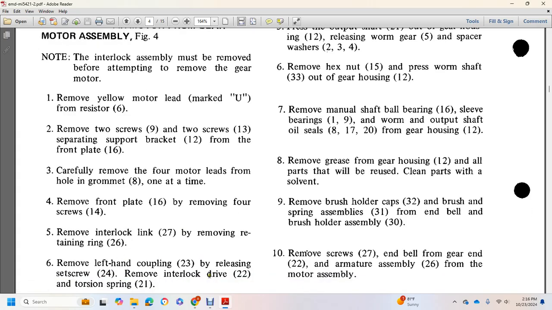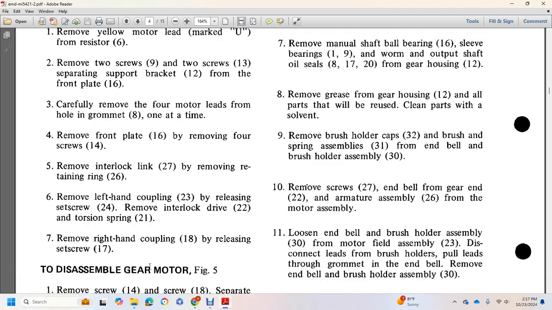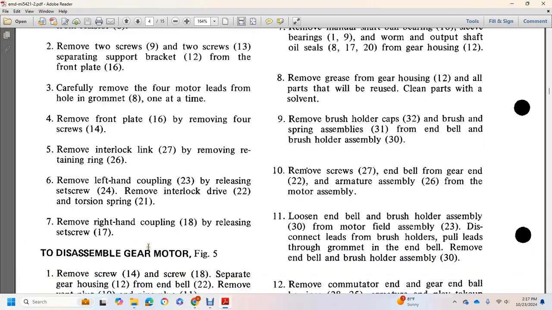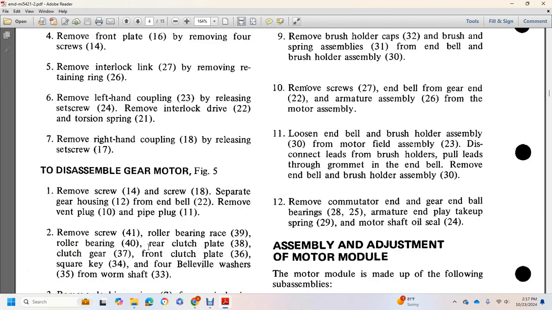Release the set screw and remove the interlocking drive 22 with the torsion spring 21. Remove the right hand coupling 18. Releasing set screw 17, disassemble the gear motor, figure 5. Remove screw 14 and screw 18 to separate the gear housing 12 from the end bell 2, and remove the vent plug 20, 10 and the